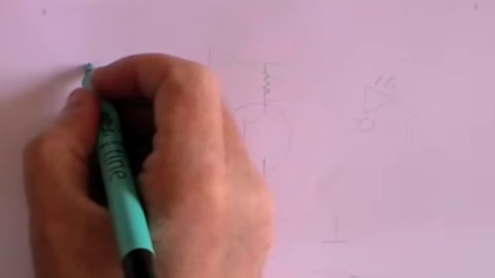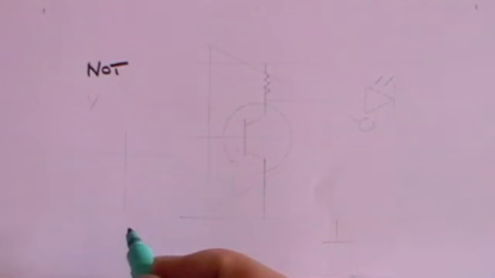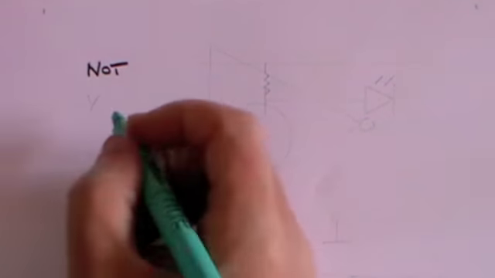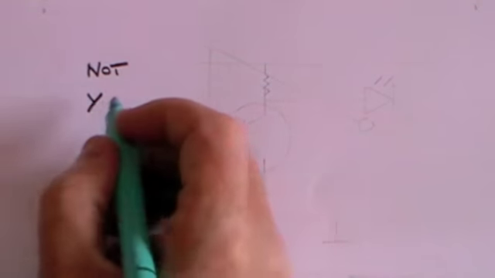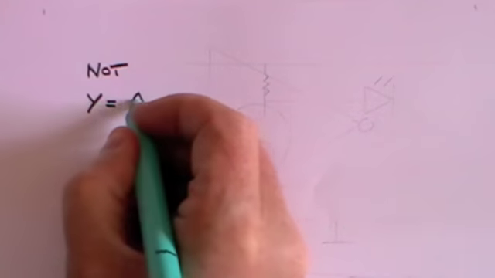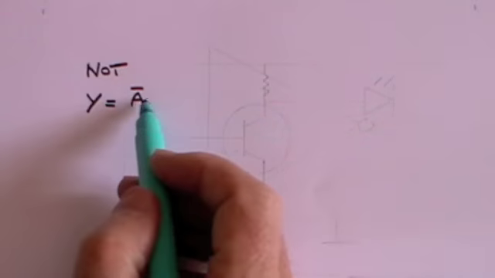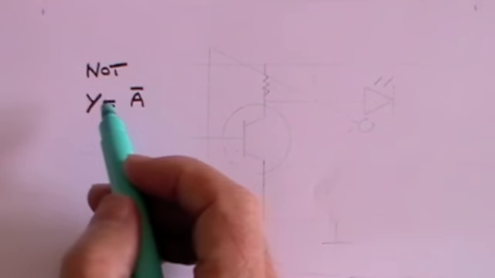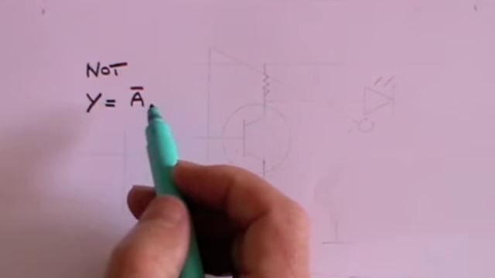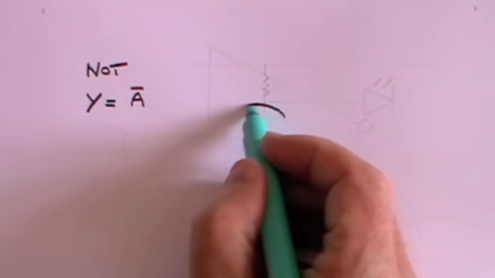And we're going to start with the NOT gate. And what we mean when we talk about the NOT gate is that the output, which we usually refer to as Y, is equal to not the input. And if the input is labelled by A, then it's generally said A with a bar over means not. So the output is not the input. That's what we mean. And we're going to start off with a transistor